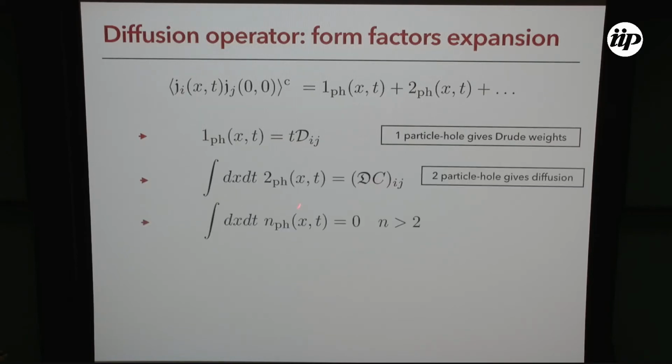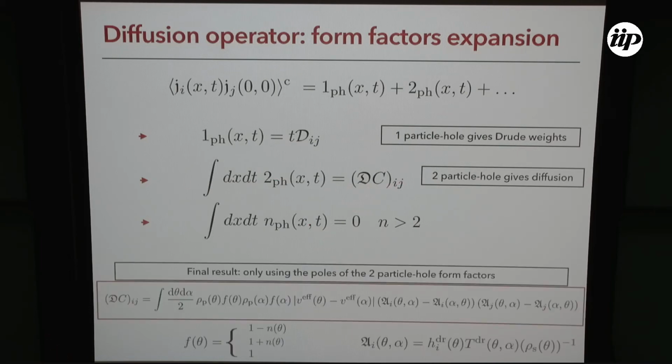And the two particle excitations actually give you entirely diffusion. And two particle excitation is a feature of interacting systems. There are no two particle excitations in free systems for the conserved operators. Actually, if you integrate all the other numbers of particle excitations, you get 0. And this is great because it means that diffusion is completely given by two particle excitations. And anyway, using all this, you manage to arrive at an expression for this diffusion matrix, which you can write